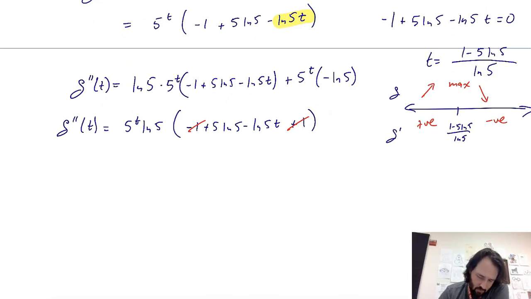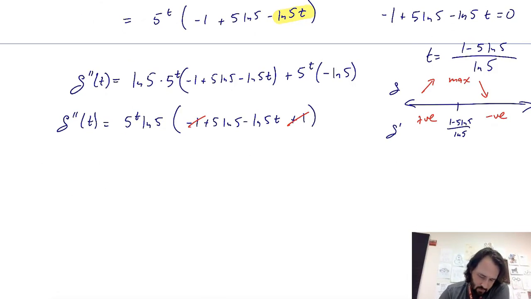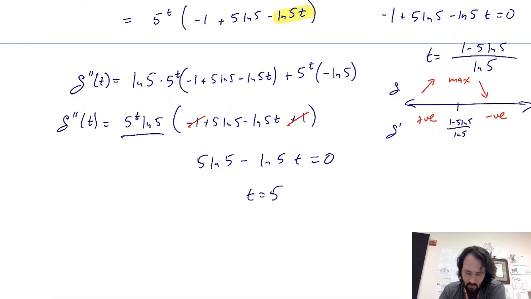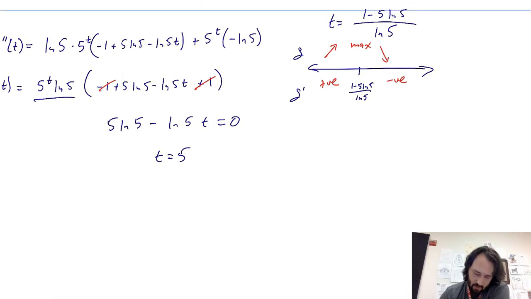So I have the place when the front here is never going to be 0, right? It's not possible. So I have the position when 5 ln of 5 minus ln of 5 times t equals 0. So if I subtract my 5 ln of 5 over, well, t has to be 5, right? In order for 5 ln of 5 minus a number times ln of 5 to be 0, that t has to be 5. So out at 5,